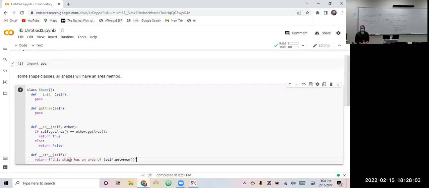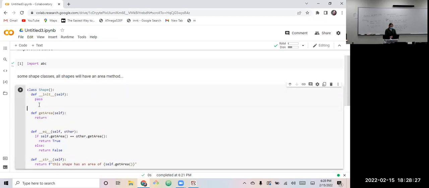We're going to have lots of shapes that are child classes of this: squares, triangles, circles, hexagons. Yeah, the list goes on and on. But for the parent class, it's hard to say what the area is going to be. So that's where abstract classes come in.